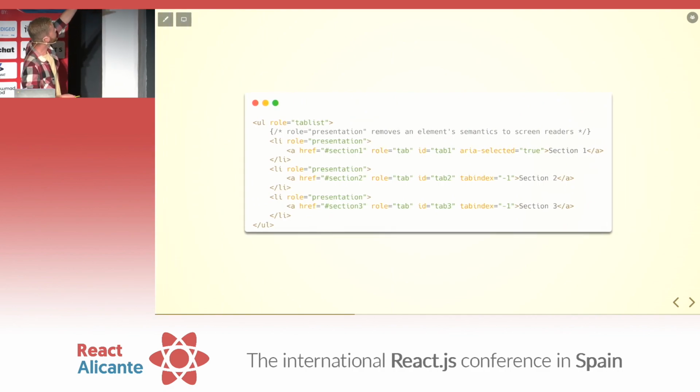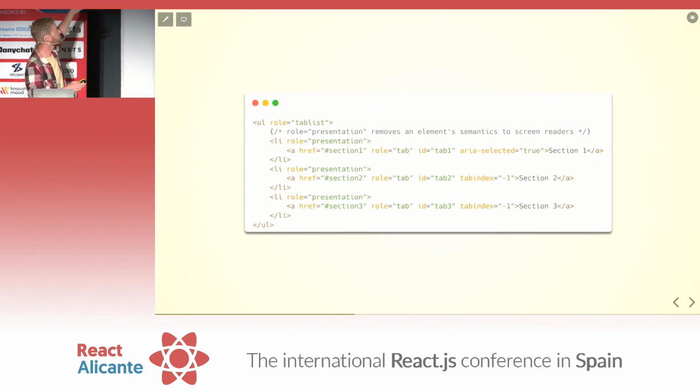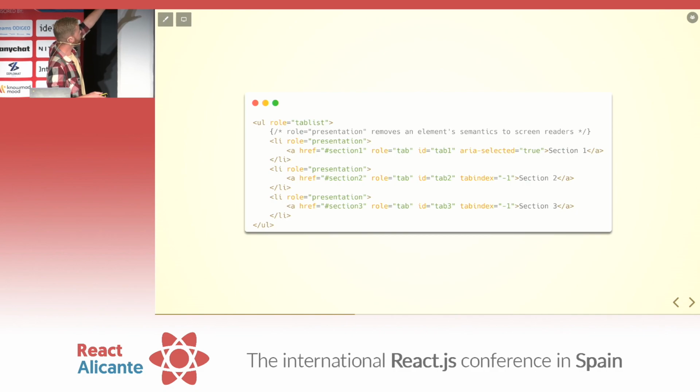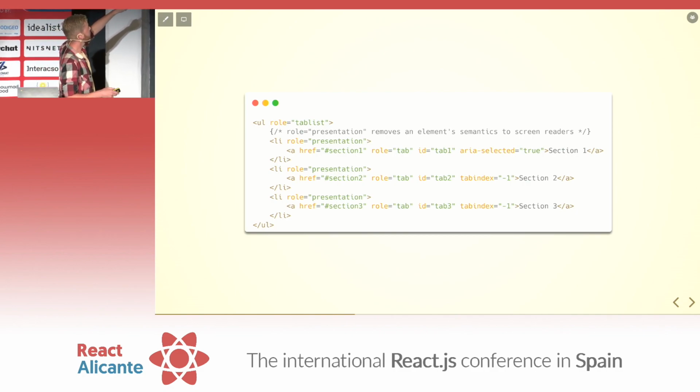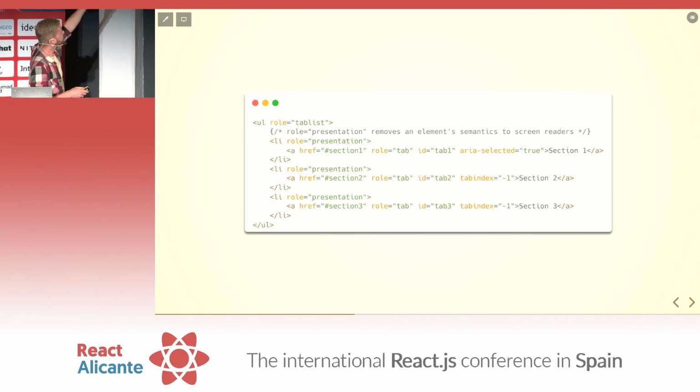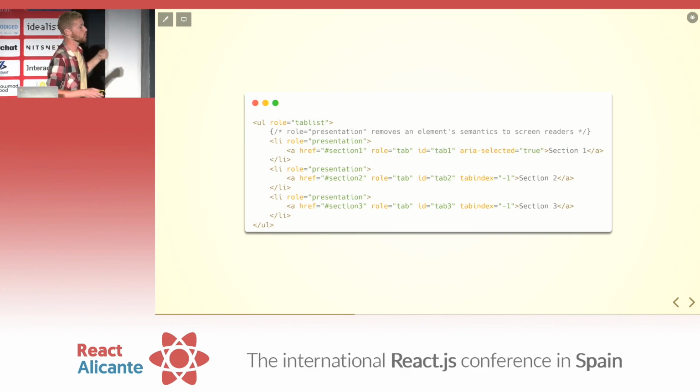All right, so for the tab list, we have an unordered list. The hierarchy doesn't really matter here, so it's unordered. We have LI elements, but we have role presentation on there. Role presentation is another one that might seem counterintuitive if you've worked with ARIA roles before, because it actually takes away the semantic value of an LI. It's still an LI element to the browser, so it'll pass HTML validation, but to the accessibility tree,